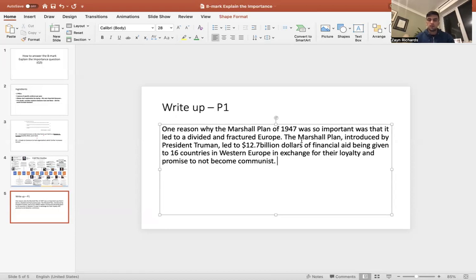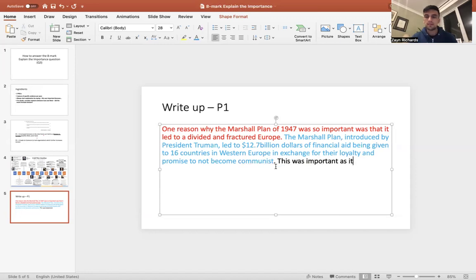Okay, so in terms of what I've done so far, we've got our point, we've got our evidence. And notice how I've gone far beyond the two pieces of evidence. Here I've got Truman, that's one. I've got $12.7 billion, that's two. 16 countries. And then I've got exchange for their loyalty. So technically 4 different pieces of specific evidence. You want to basically be doing 1 or 2 sentences of evidence. I'm then going to say something like, this was